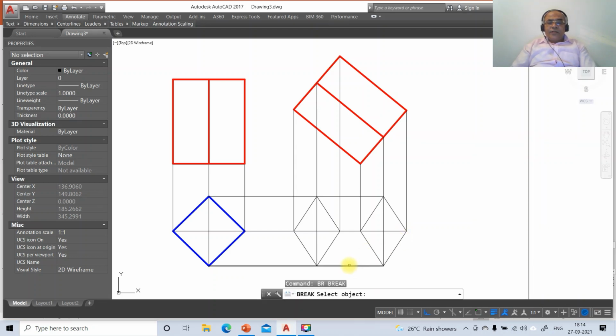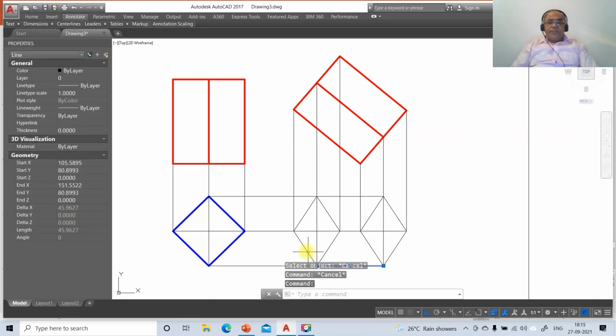Then we have break, select this first point, take end point of this and say at the rate, then break, first point, take int of this and say at the rate. Repeat this for the remaining edges with break, first point, take int of this, and say at the rate. Now you have this, all the exterior edges of the boundaries of the solids are visible